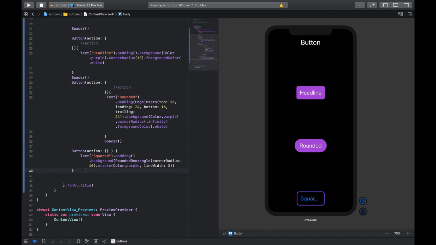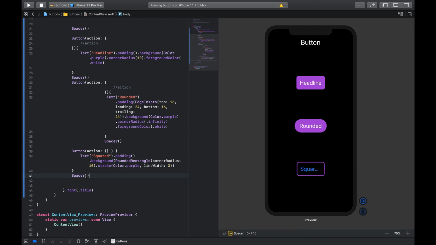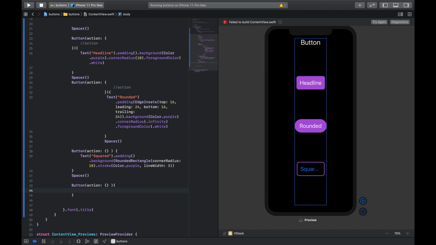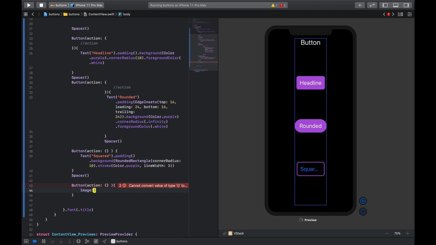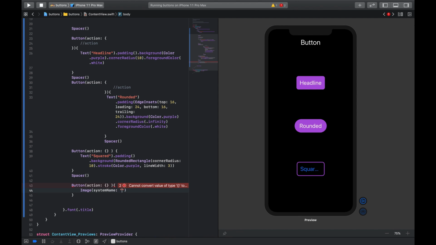What we could do is we could come here and first we put a spacer, push everything up, like so, and then after that we're going to put another button. We could put an SF symbol, the San Francisco symbol, on a button, and for that it's pretty easy to do, and for that we just copy this line like so. No need to redo it. We could come down here, put button dot, and come here, and we could first have an image, and remember to use an SF symbol. You type system name, and the string in question is going to be